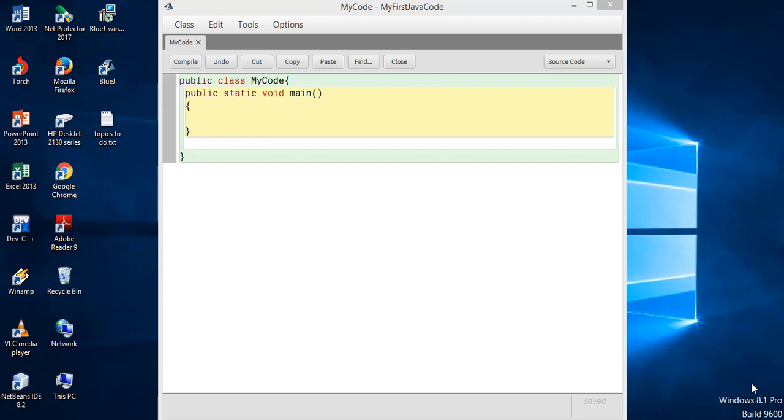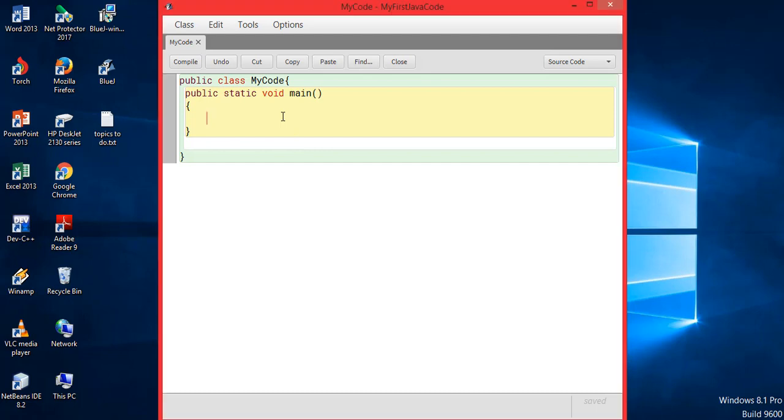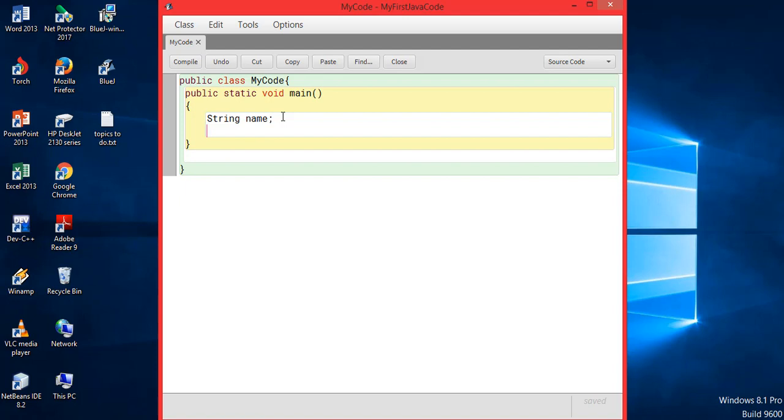So now what I want to do is ask the user for her or his name, and print that on the screen. Firstly, I need a variable that can store multiple characters. So if you understood variables, here we'll create a String variable called name. I don't know a value for this right now, so I'll just leave it blank with a semicolon.